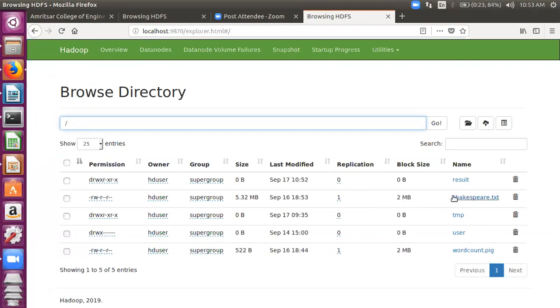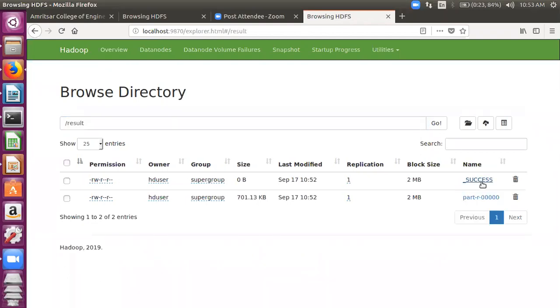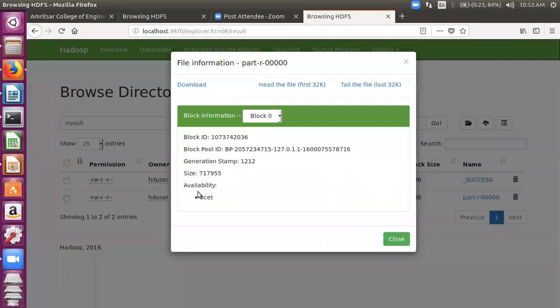Okay, so you'll learn that in Pig, while you are taking an output, it's usually in a folder in which there are two files. One is a success file and at minimum one file which is a part-r file. So this is a reducer file. If your job includes only mapping, your task is finished in map itself, then it would be a part-m file. So you'll see these files a lot. Let me click on it. You can see its size is about 0.7 GB, so only one block. Oh, sorry, 0.7 MB.